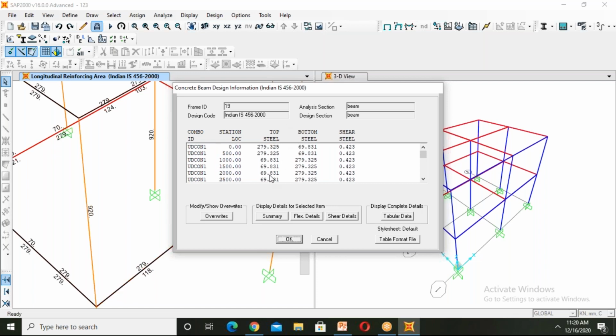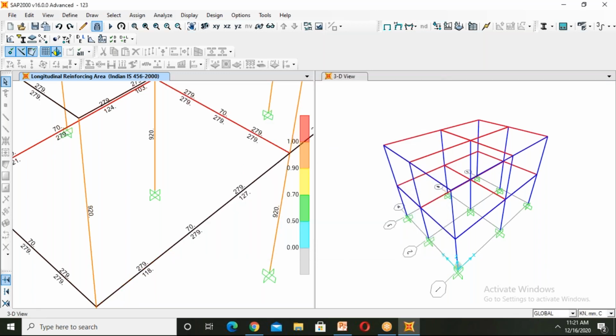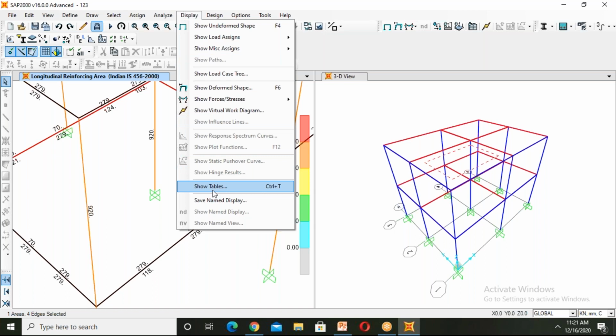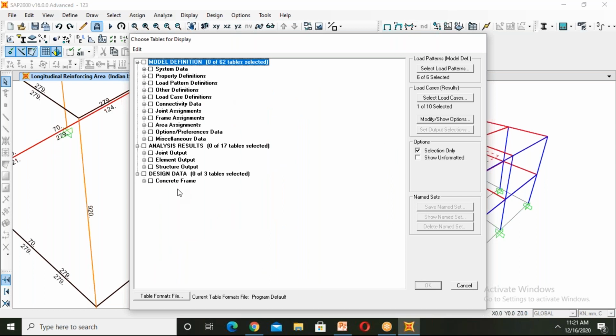Yes, for 1.5 dead load plus live load, we should take the reinforcement of the steel. Click on OK. If you want to extract the results, then just click on display, click on show tables. Then we can see all this data, what we have given: the properties, assignment of joints, assignment of frames.